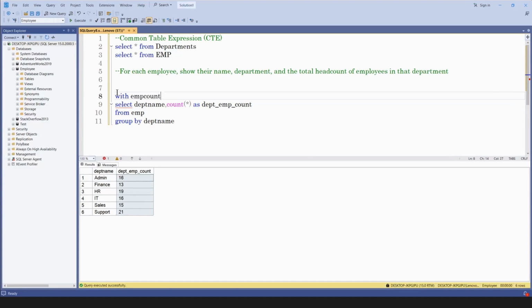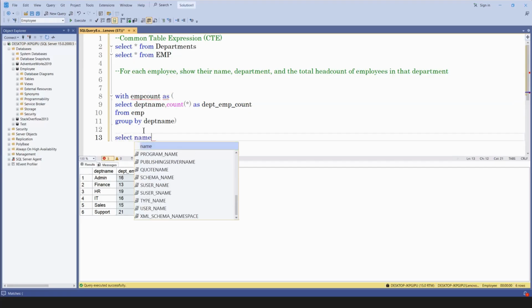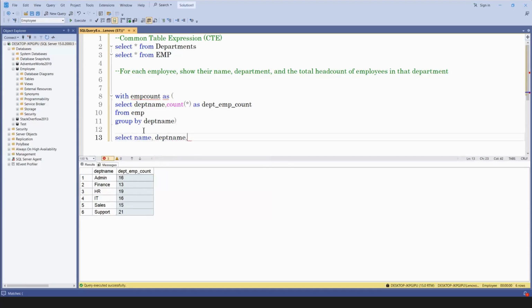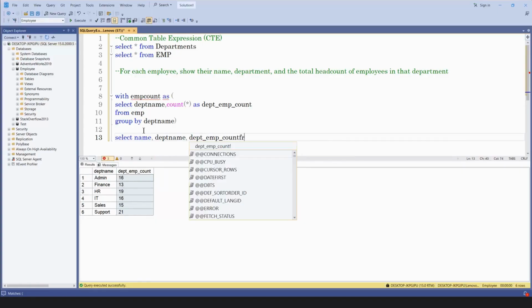I will write EMP count as, and I will enclose this query in a parenthesis. Okay, and here now I can write select name, department, employee count from